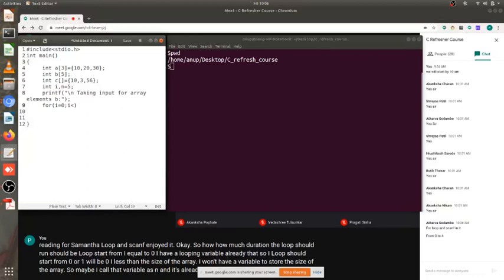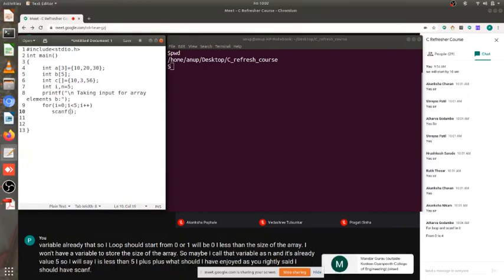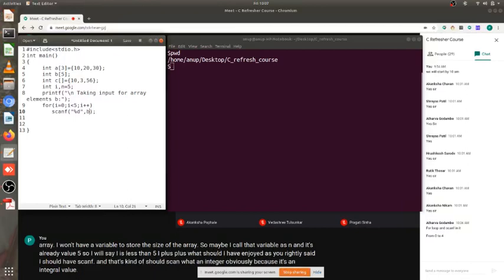So I'll say i is less than 5, i plus plus, and what should I have inside? As you rightly said, I should have a scanf, and that scanf should scan what? An integer, obviously, because it's an integral value, and it should be b of i. So we are all acquainted with this syntax, b of i, and this is how it is scanning.